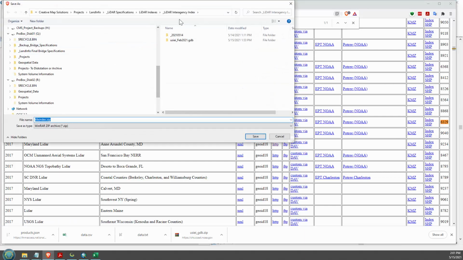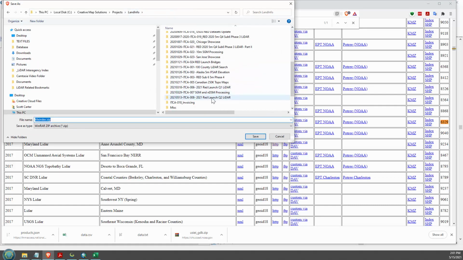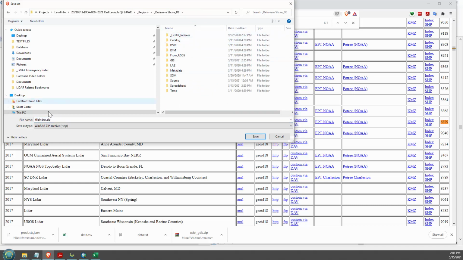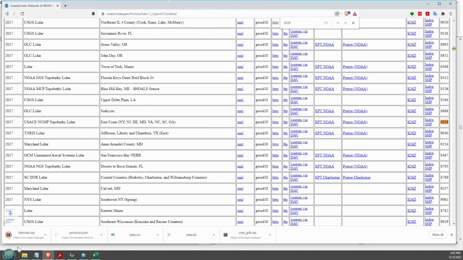I'll download that, and we'll put it in the proper folder. You can put it in here. Actually, what I do for this sometimes, maybe I'll include this in the folders to copy, is it from NOAA, and I'll call this when I extract it, I'll delete the